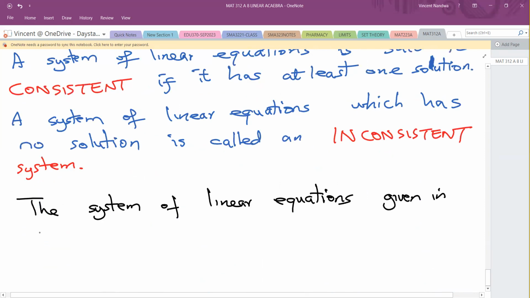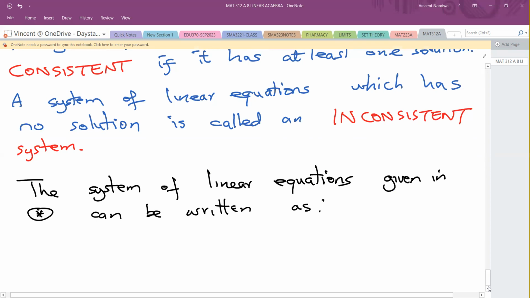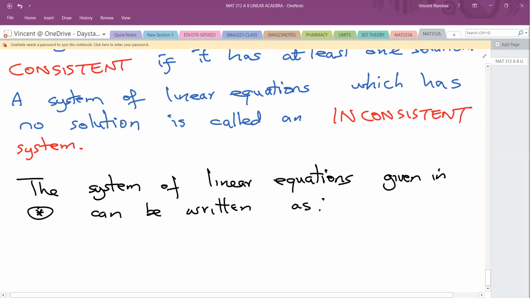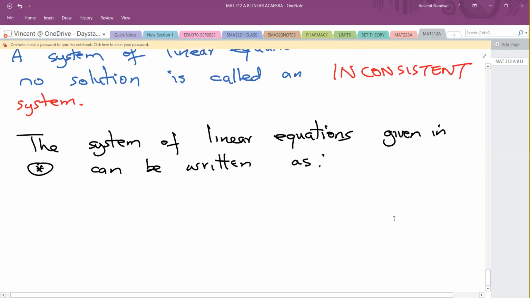Given in star can be written as, okay, before we write that one,